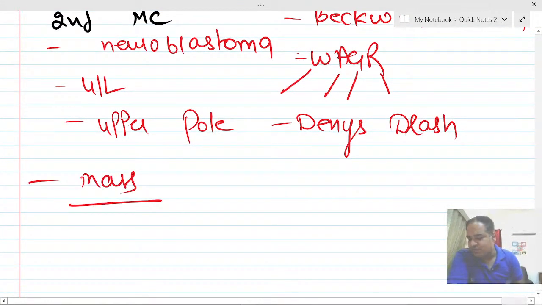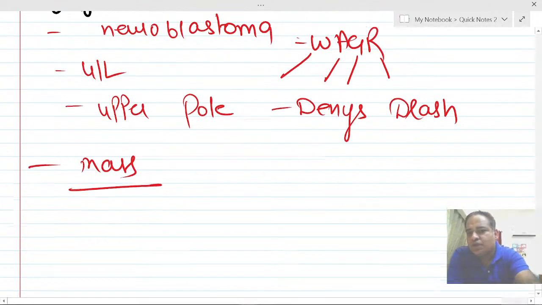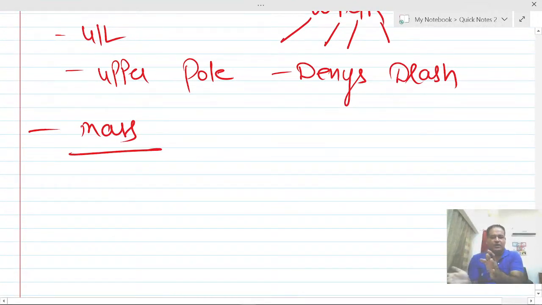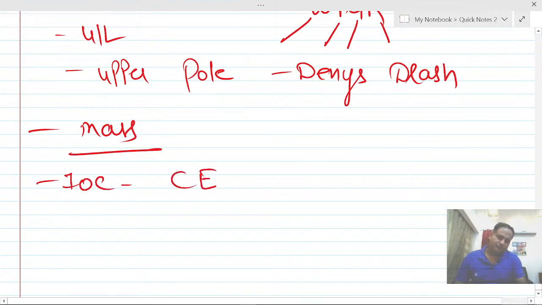So clinical feature. This will present with a mass. The mass will be smooth, firm, and lobular, and you can palpate it from the front. You can palpate it from behind, and then you can toss the mass like this. So that means it will be bimanually palpable. It will be ballotable. And this mass does not cross the midline.